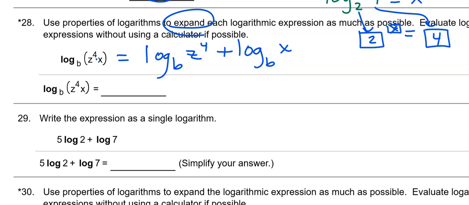Okay, there's only one thing left to deal with. We know that every one of those exponents has to be a 1. This one's already a 1, so that's good news. But that 4 is not, so using the King Julian property, we move it, because we like to. So, for log base b of z plus log base b of x